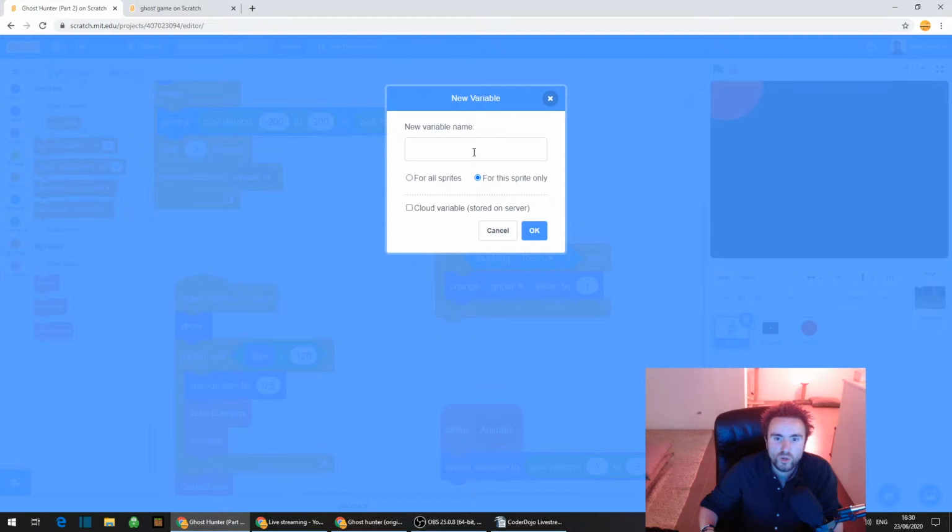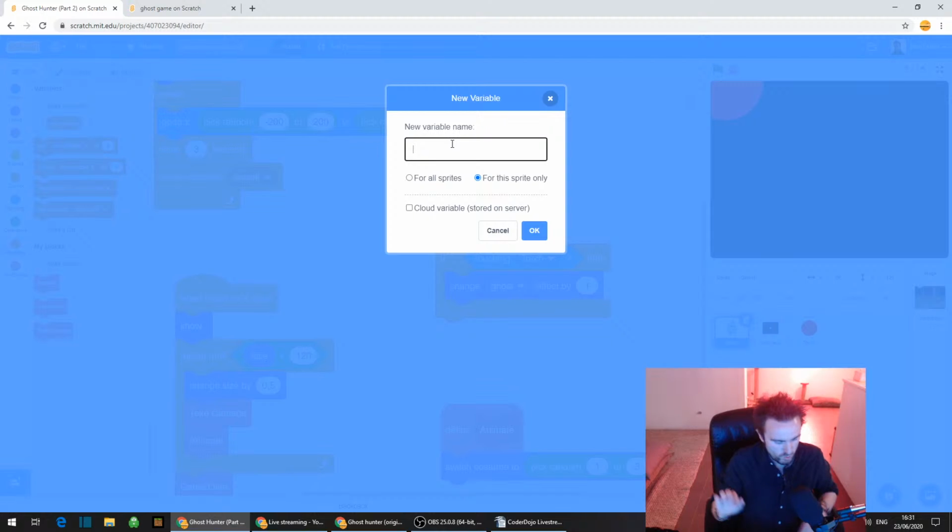The reason is we need a variable to be made for each cloned ghost. They can't share the same variable, otherwise when you dissolve one ghost, when it runs out of HP, all the ghosts are destroyed, because that's how variables work. We want an individual variable for each of the ghosts, so choose for this sprite only.